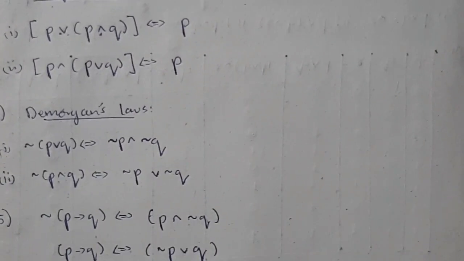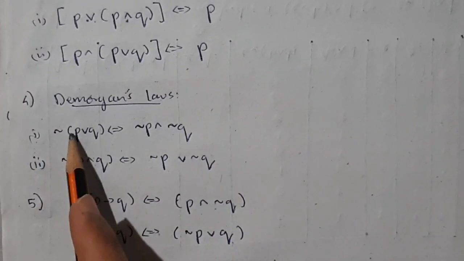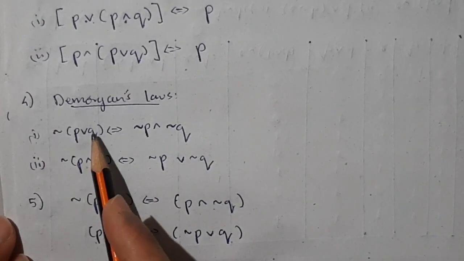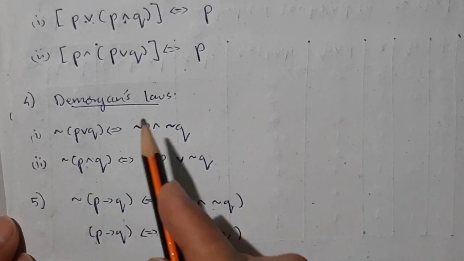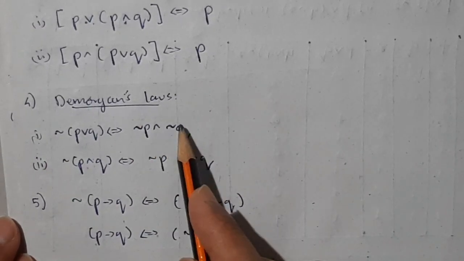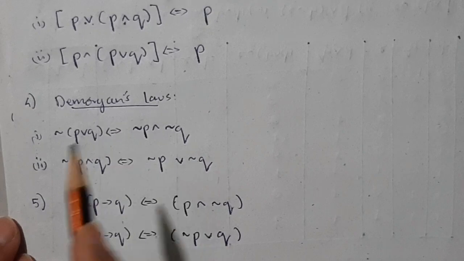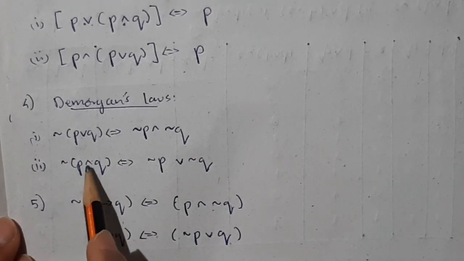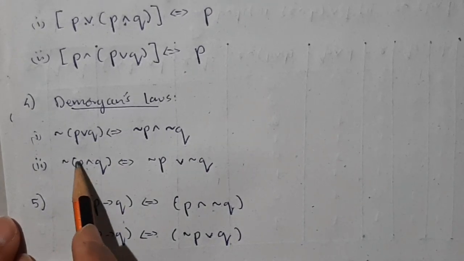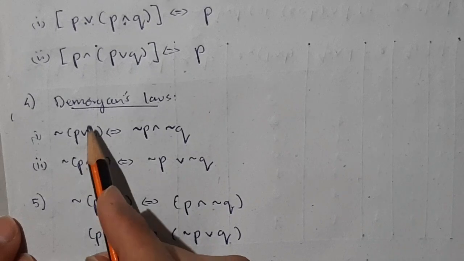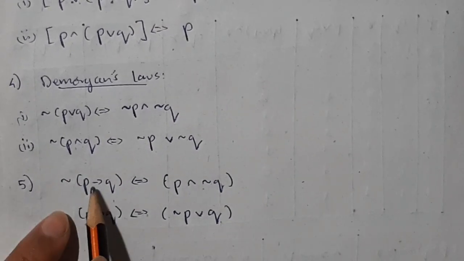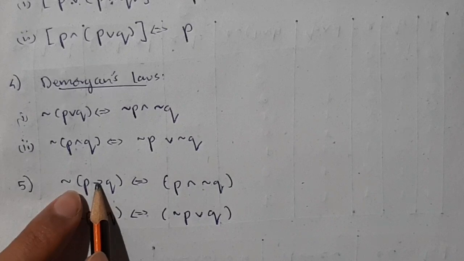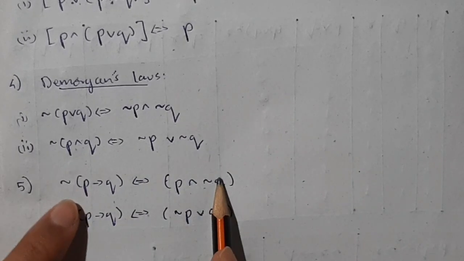And De Morgan's law is very important. See here, remember, if you are using a not here and inside this it is OR, so if you take not inside, what it will be, not P and not Q, this OR will change to AND. In another case, if it is AND here, if you take not inside, you will get OR here. Okay, that's De Morgan's law. And this is another law for a conditional. See, if you take not inside the conditional you will get P and not Q.